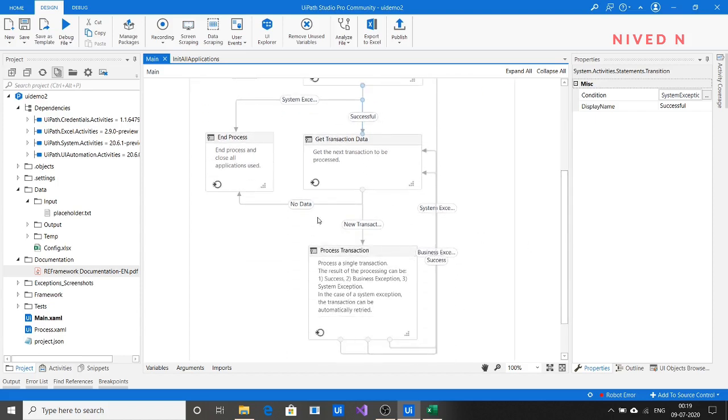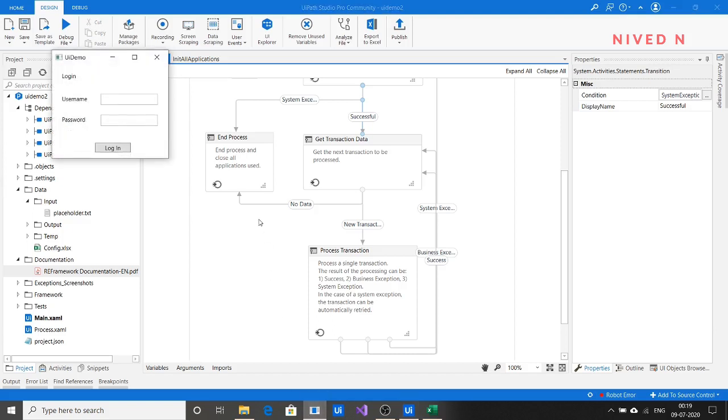There, because we provided incorrect credentials, we can't log into the required window where we want to input the data obtained from the transaction item. So it understands that it has undergone a system exception.